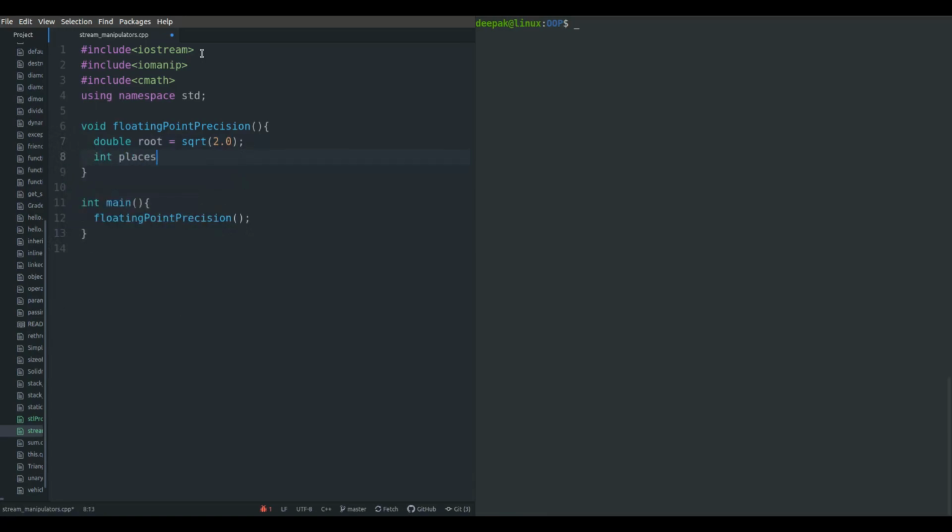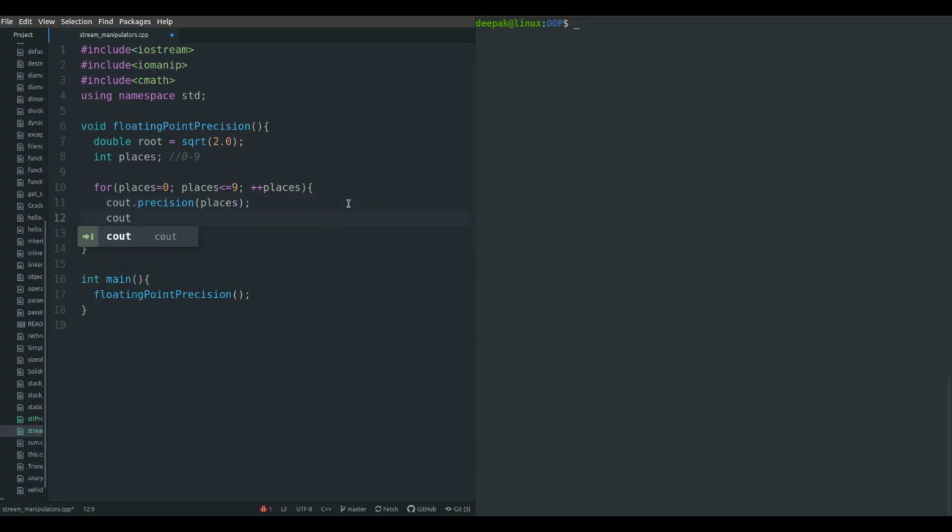Then take a variable places, which can vary, and we will set this value from 0 to 9, and then we can run a for loop in which places varies from 0 to 9. You can also write ++places. By the way, ++places is better than places++. Then we have to set the precision, and in precision you can pass this places. So first the precision will be 0, then it will be 1 and so on.